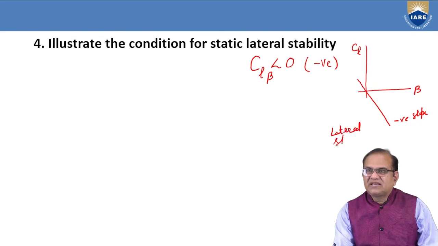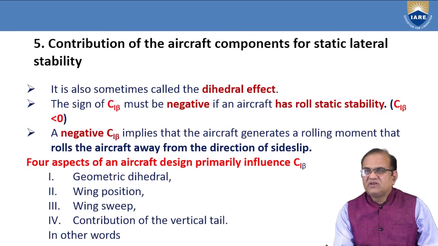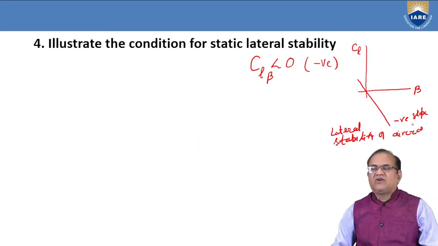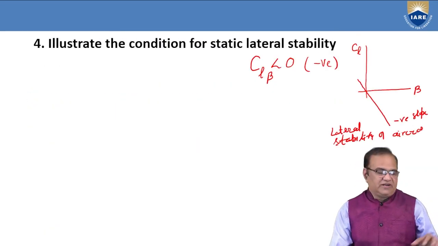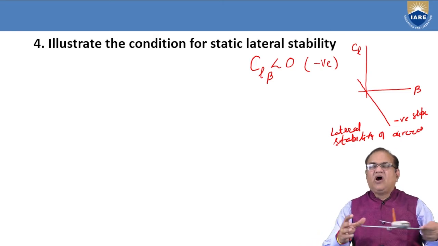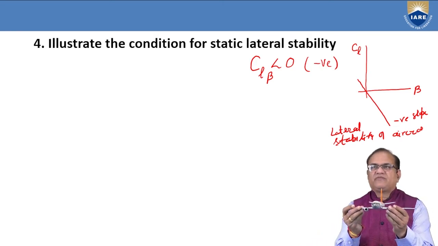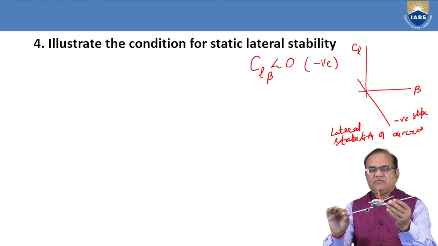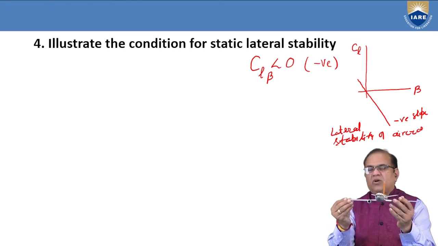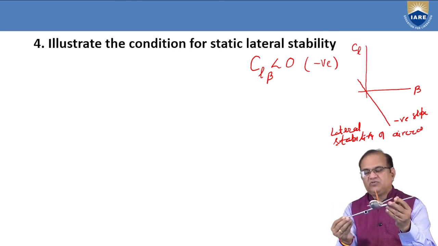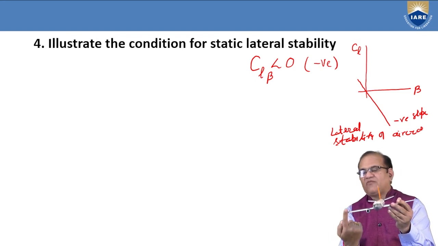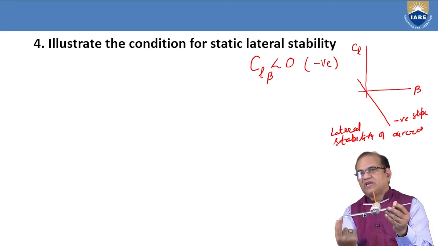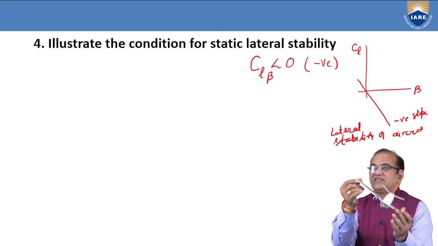Lateral stability of aircraft. Okay, so that we have to understand, and we can see here how it is happening. If the wing is going down, it is a positive. This going down will make the force upward. It will try to make it negative. That is the meaning of